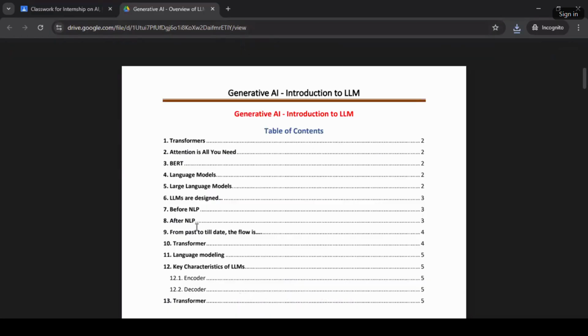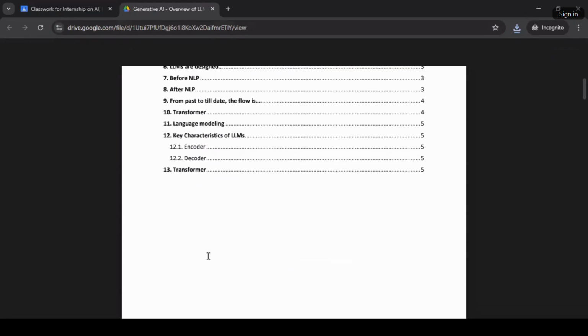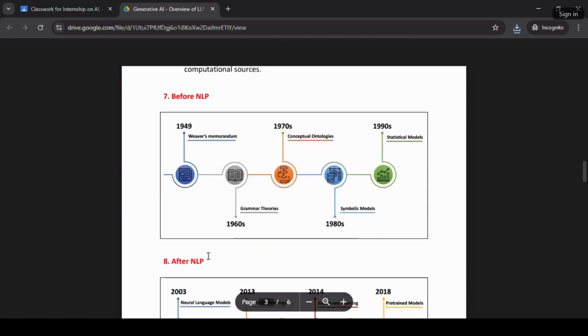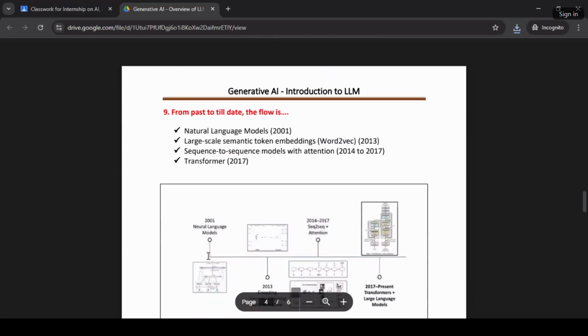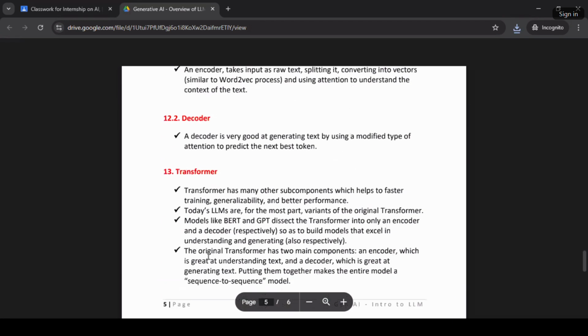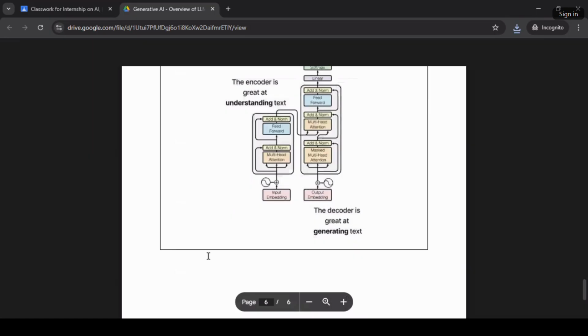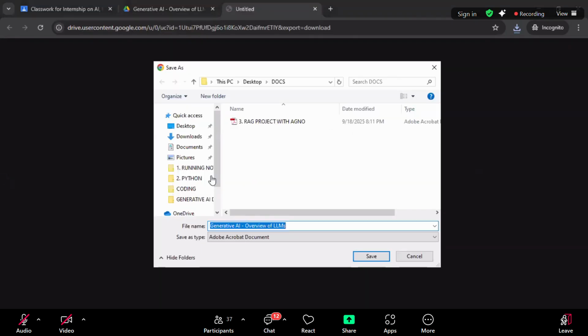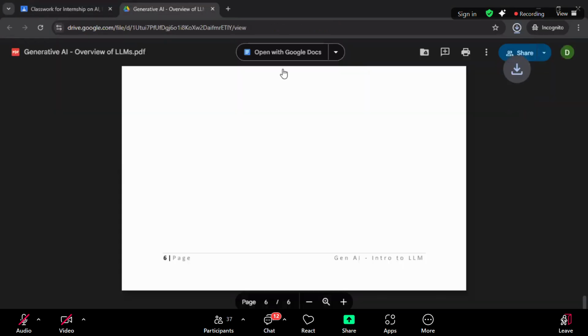Transformers, LLM design before NLP, encoder. This is just fundamentals. It won't take much time. Yeah, this you can walk through. I'm talking more about models actually.